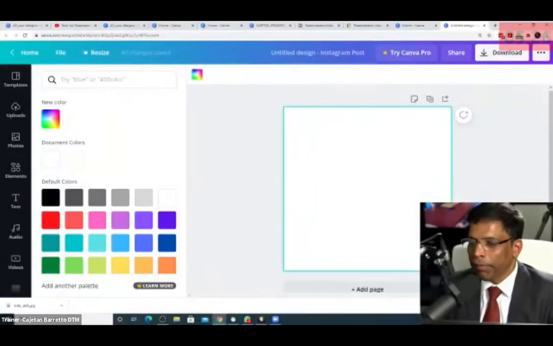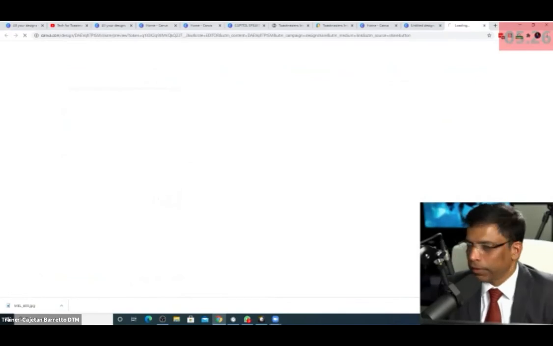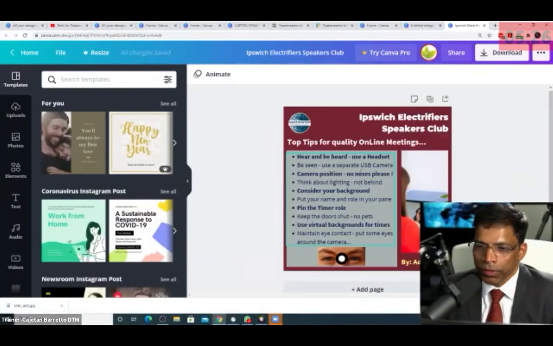I see some amazing posters coming up very fast. All I ask you all to do is please make sure that on the poster you're sharing, you put your name so that we know who has done it. Should we share some of them on the screen so we can see them? Actually, I'm currently going through some of them. Oh my goodness, this is some Ipswich electrifiers. Oh my goodness.